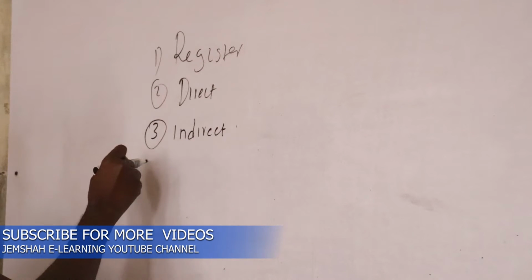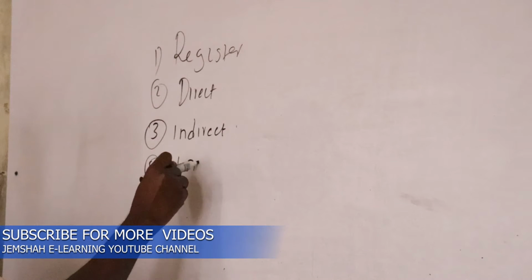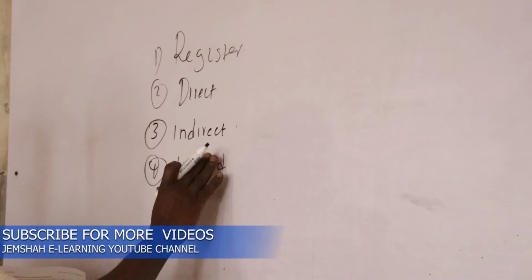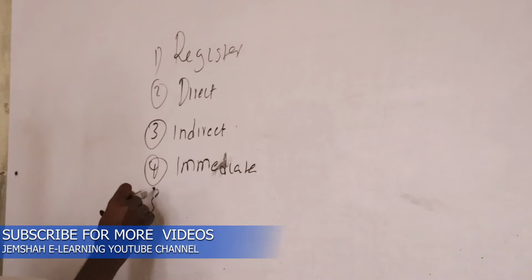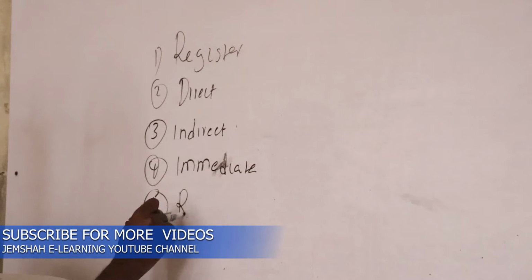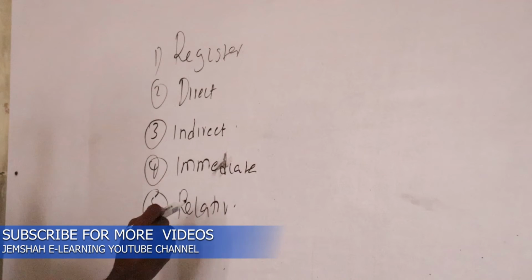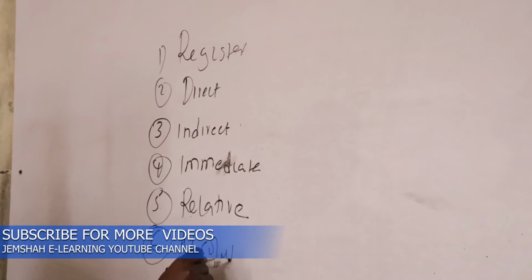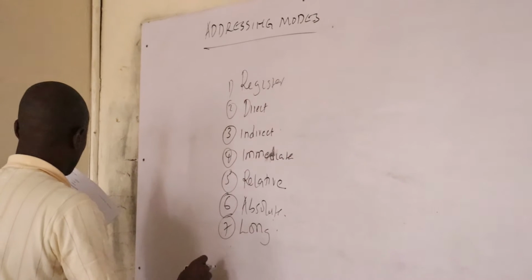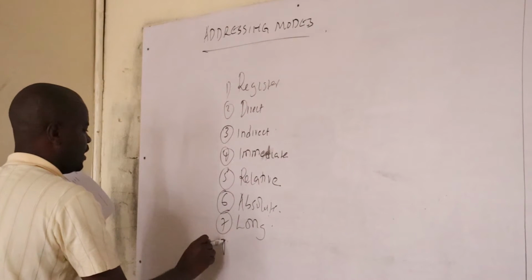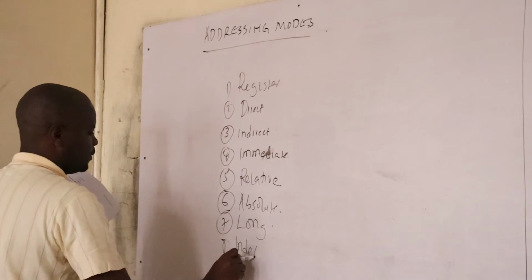We also have immediate. We also have relative. Sixth one, absolute. Seventh, we have long. And finally, eighth, we have indexed